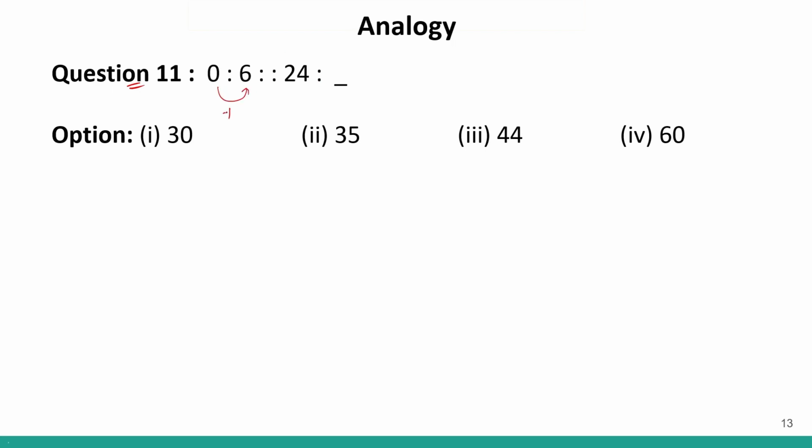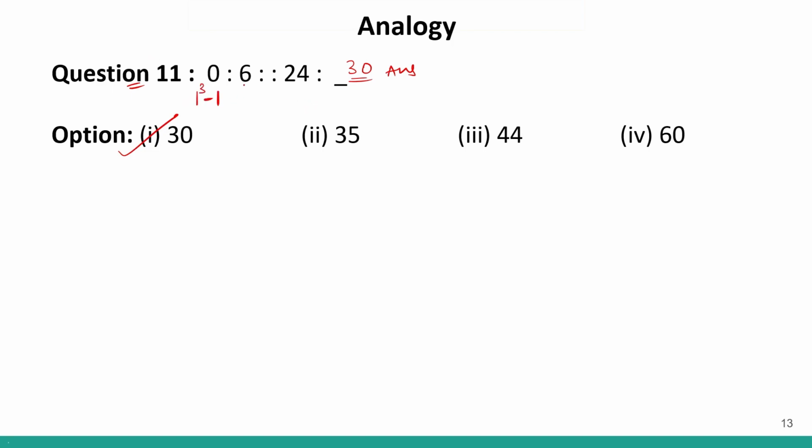So clearly this is plus 6. If I add plus 6, I will get 30. So 30 can be my answer. Correct? 30 can be my answer. This is one logic. Another logic I can see is basically, if I look at another logic, 0 is basically